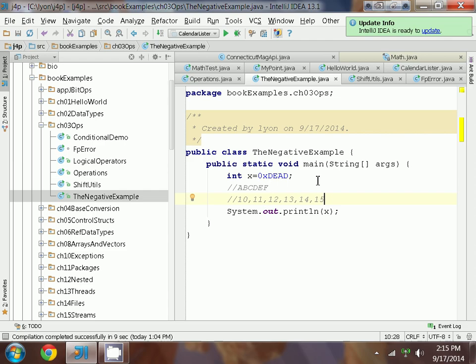So those are decimal quantities. So if you would like to represent in decimal the symbolic number DEAD, base 16, what you would do is take D, whose decimal value is equal